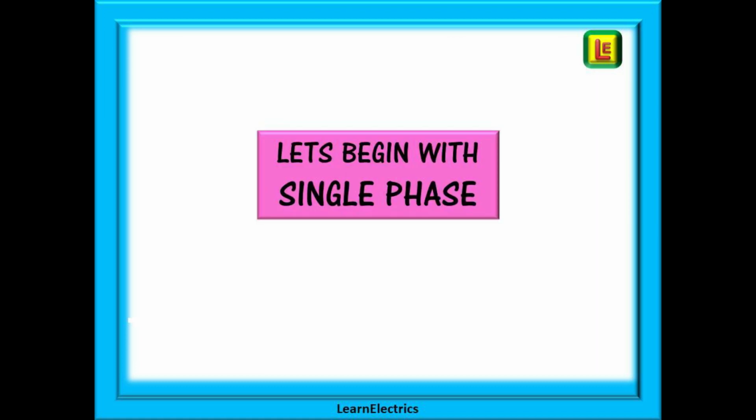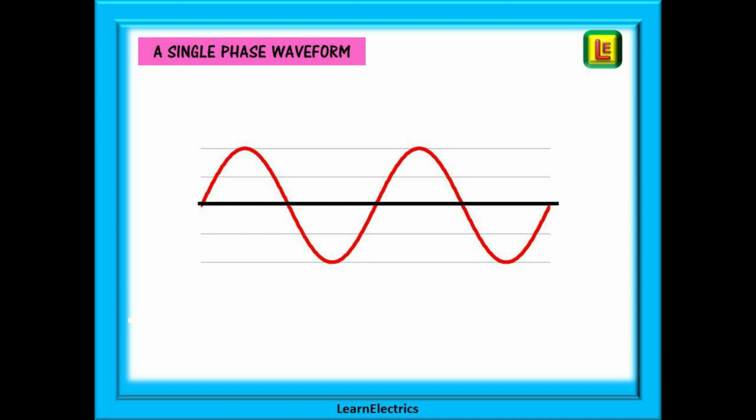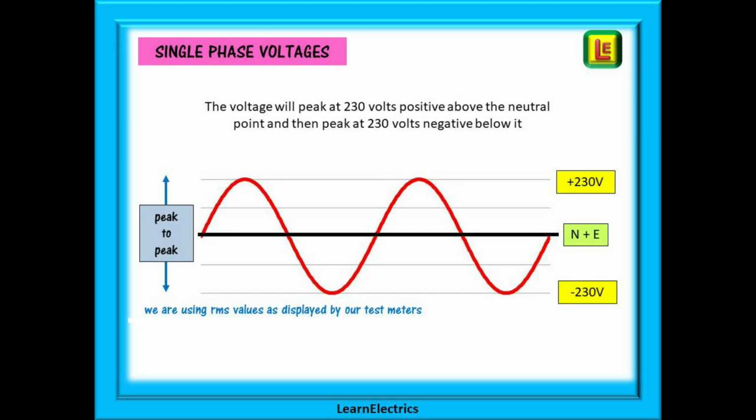We should begin our understanding of three-phase by looking first at single phase. This is our typical single phase waveform. So what will this tell us and how can we label it? On the right hand side we have labelled 3 points, plus 230 volts, minus 230 volts and the 0 point